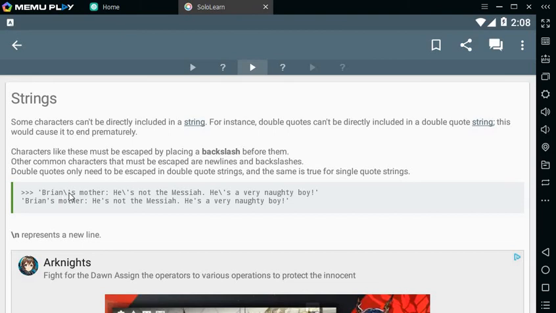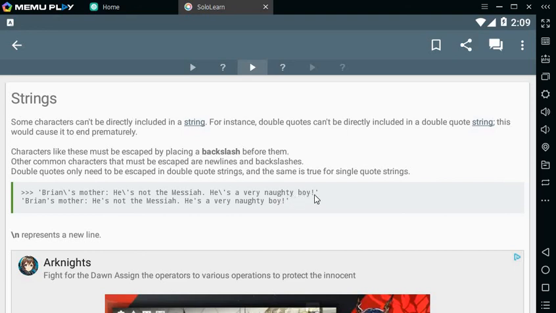So we need to use that escape character. We use the backslash as an escape character. So we're telling the interpreter that we're going to start to give you something to save as a string. And then we'll put Brian. And here's an escape character which says don't close the string. Save the single quote as part of the string, and then save an S and a space and mother. Okay, there's another single quote, so we have to tell the interpreter with the escape character, go ahead and save the single quote, don't end the string yet. And we go along, another one, escape, single quote,